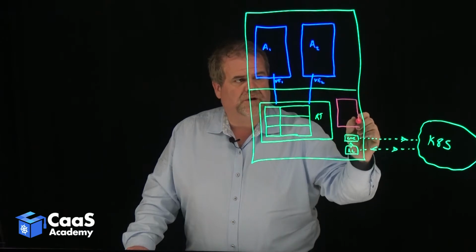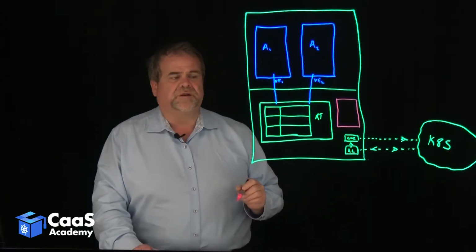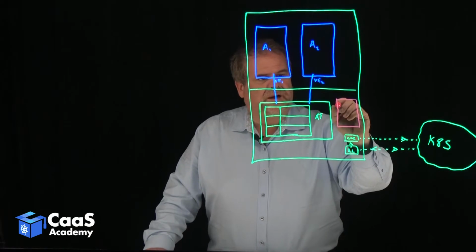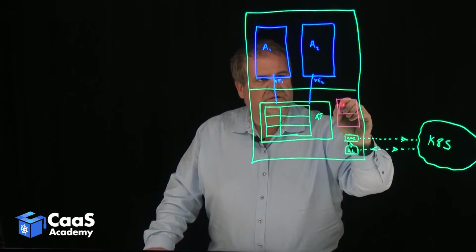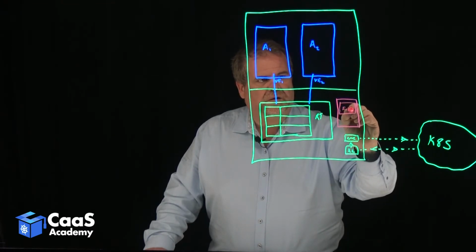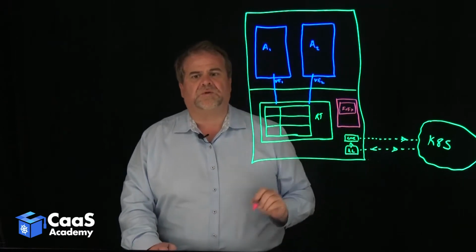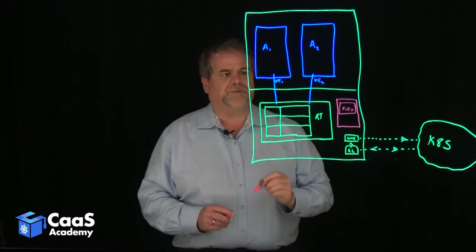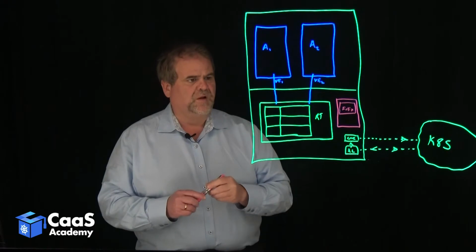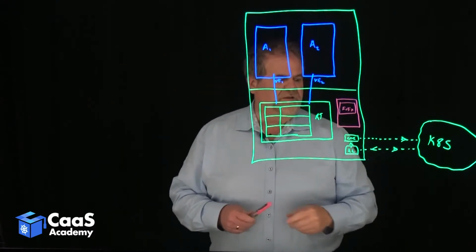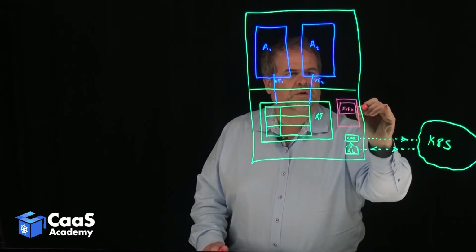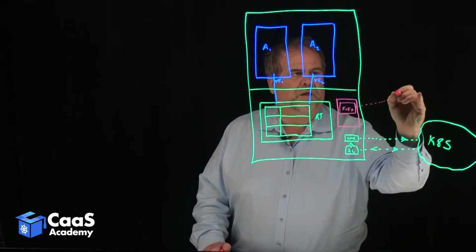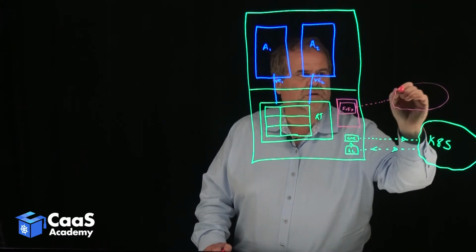And Calico node has two components in it. Calico node has Felix, and it has another pod. We'll talk about another workload in a minute. Right now it's got Felix. So Felix is talking to the Calico